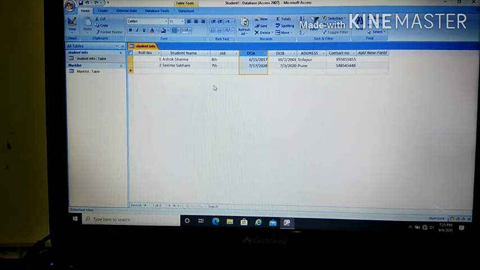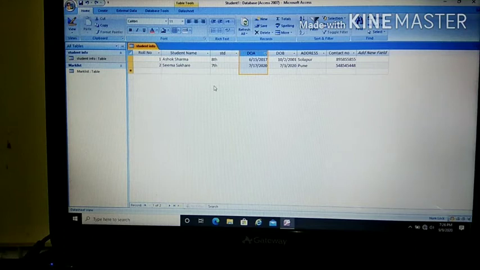Understood everyone? Now let's move to the next point, that is freeze columns. Now what is freeze? Freezing a column in MS Access refers to making the selected column appear at the leftmost side in the table and remain visible at all times irrespective of the direction you scroll. Did you get that? Any column that you think is most important can be frozen, and it will be displayed on the left side all the time, even if you are scrolling the records up and down.